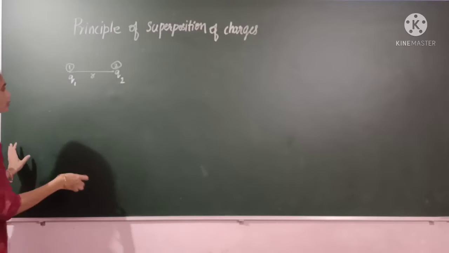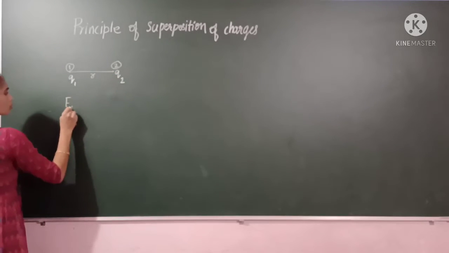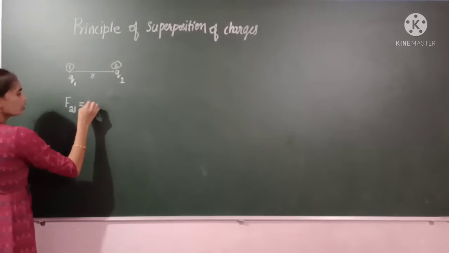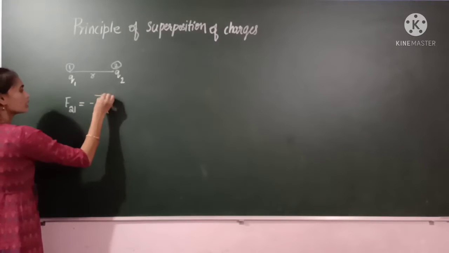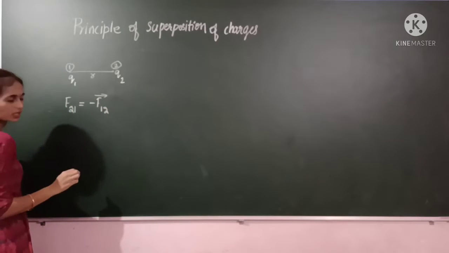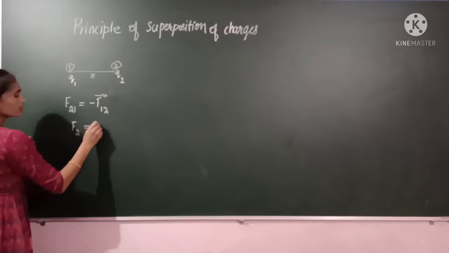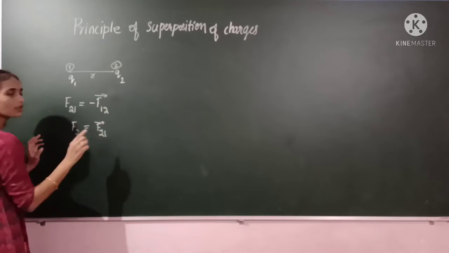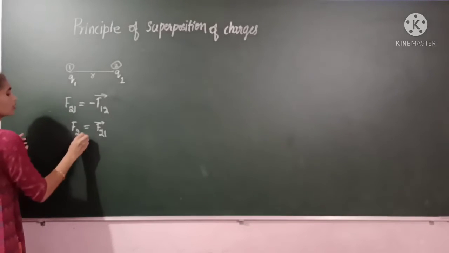If we want to calculate the force between these two charges, how do we do it? The force on the second charge because of the first charge is equal to the force on the first charge because of the second charge. These two are equal but opposite in direction. If we want to calculate the net force on the second charge, F2, then it is the force on the second charge because of the first charge. We can calculate this using Coulomb's law. We have calculated this net force.